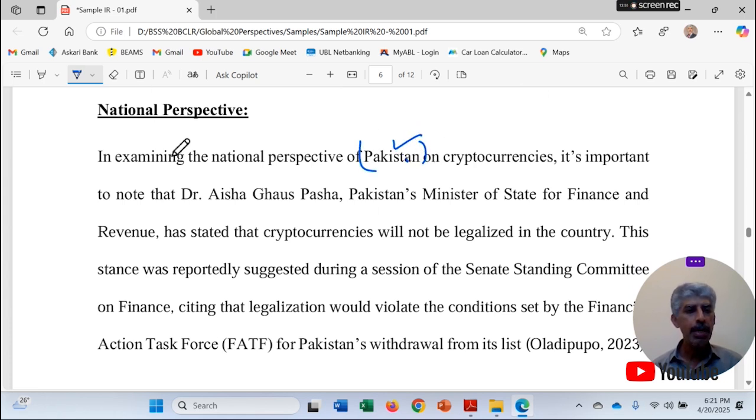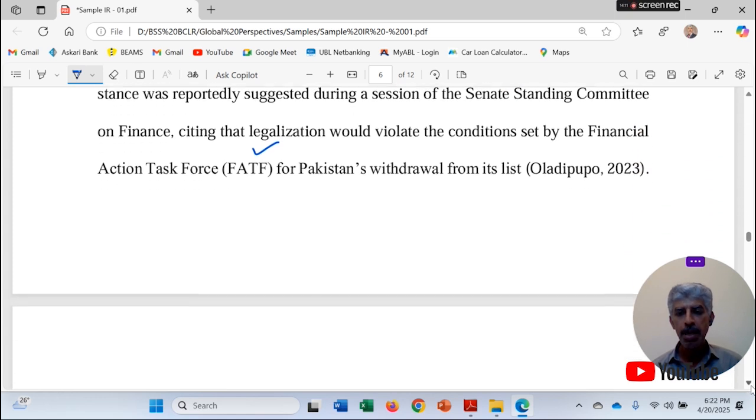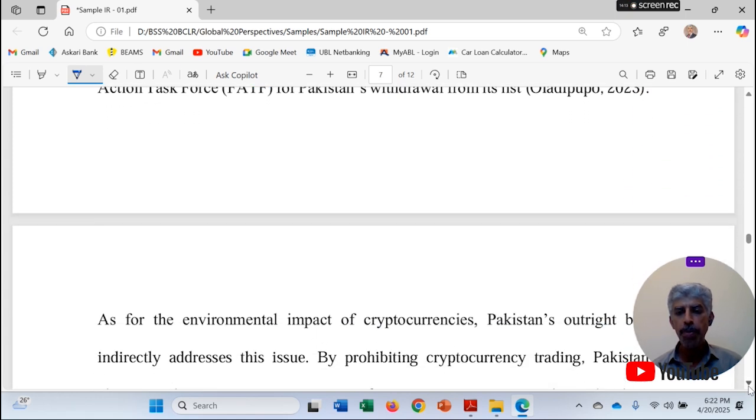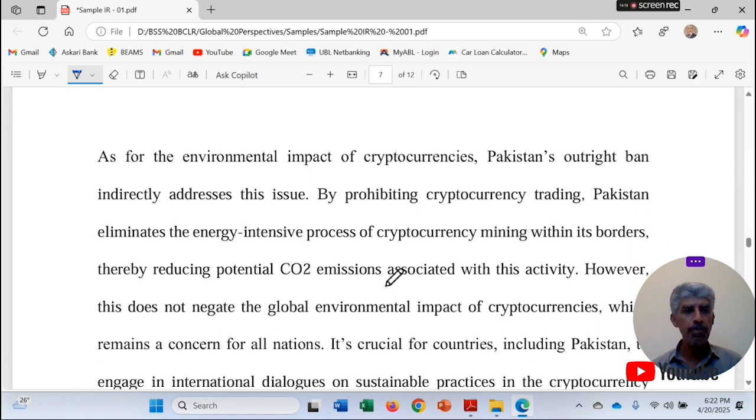And then, when we come to the national perspective, here the student has explained the perspective of Pakistan, right? Dr. Aisha Ghaus Pasha, Pakistan's Minister of State for Finance and Revenue, her statement is given over here regarding cryptocurrency, and she was talking in the Senate Standing Committee on Finance. The FATF report was also discussed over here regarding crypto mining in Pakistan and the effect of crypto mining